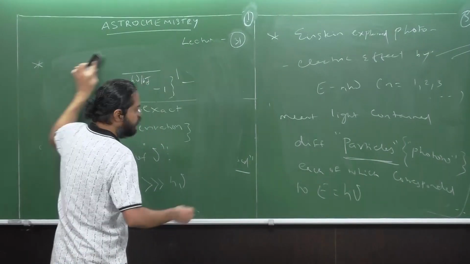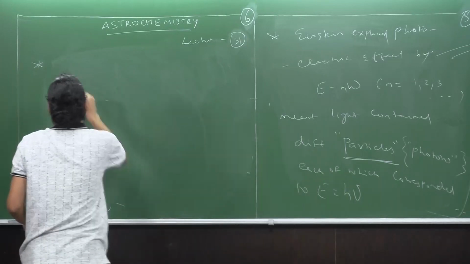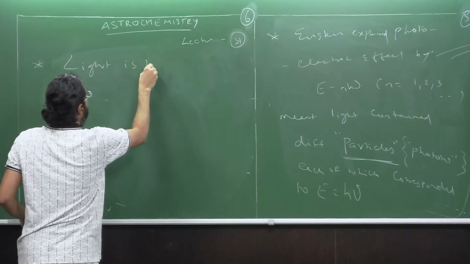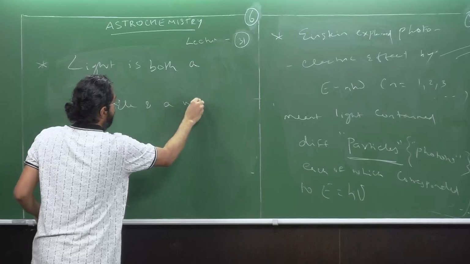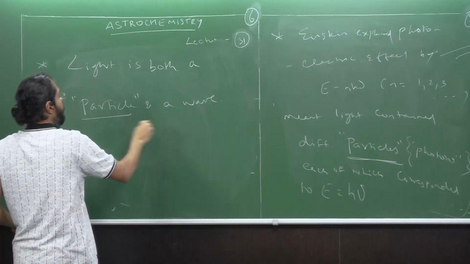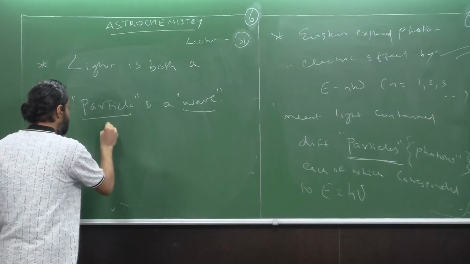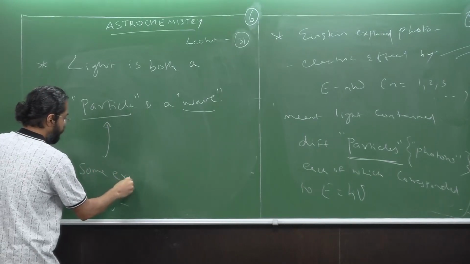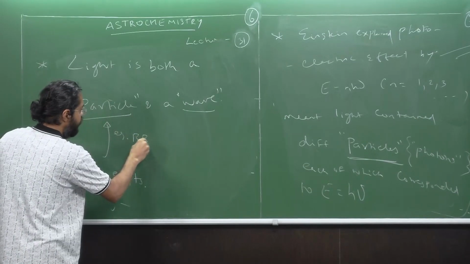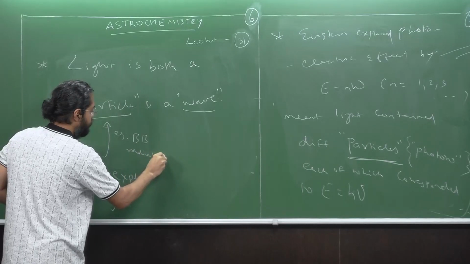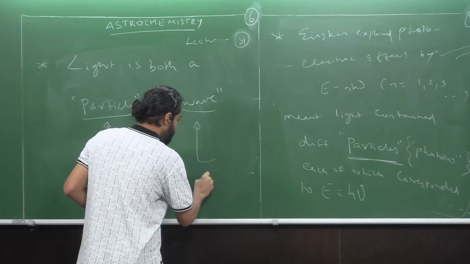as we understand today, that light is both a particle and a wave. It's not simultaneously both a particle and a wave. In some experiments, the particle nature of light comes through, for example in black body radiation, and in some other experiments, such as your Young's double slit experiments,